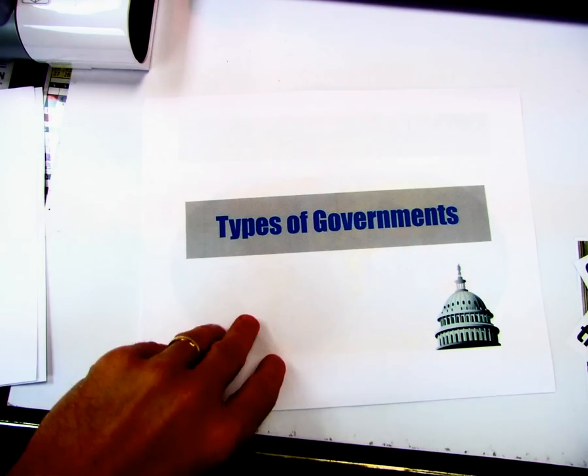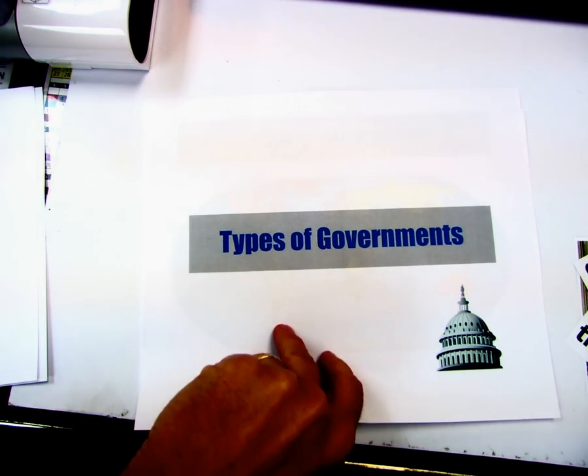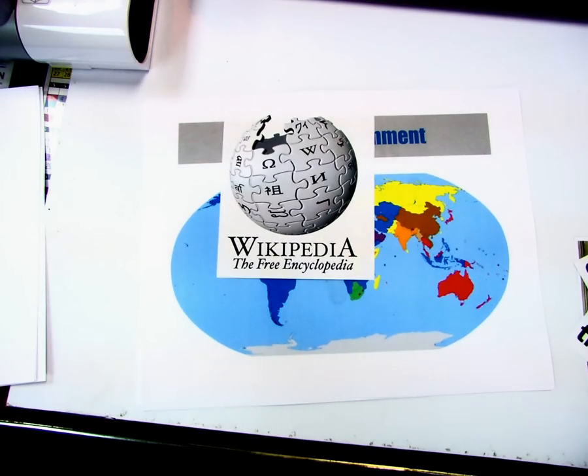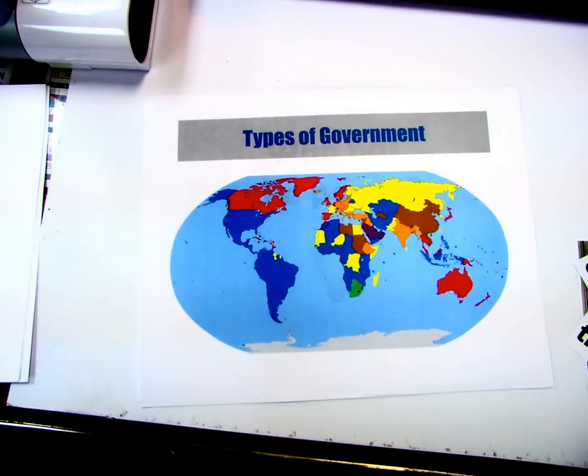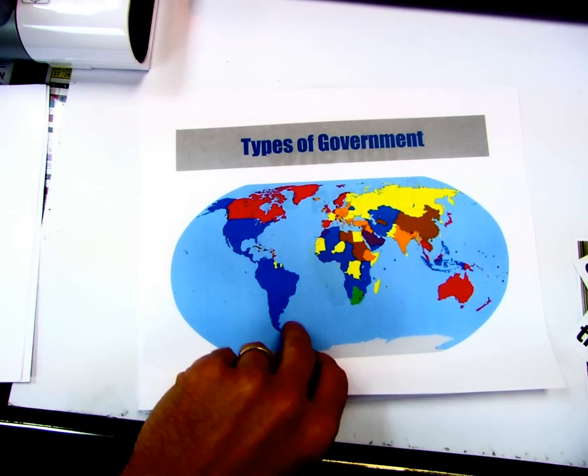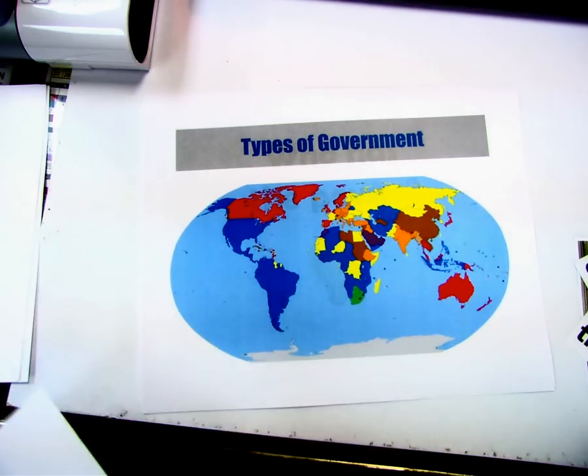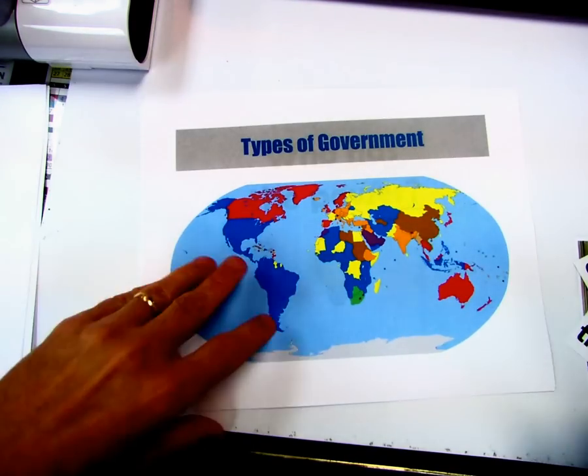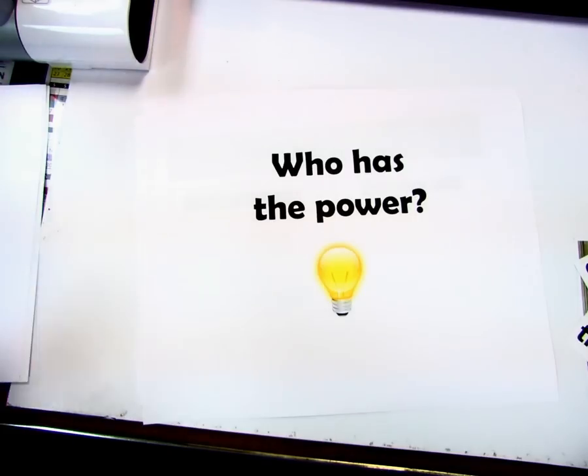All right. Well, I looked up types of governments in the world on Wikipedia and found this map. And man, there's a lot of different types of governments out there. How can we simplify this and make it a little bit easier for us to organize? Well, I think there's one simple way we can do that, and it's reflected on your types of government organizer. There's basically two types of governments in the world, and they all break down into this big idea: who has the power? Within that government system, who has the power to make decisions, write the laws, carry out the laws?